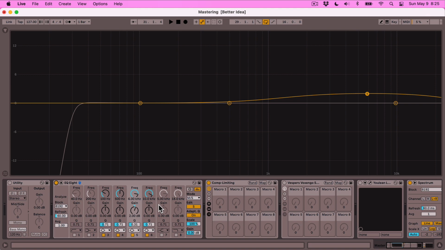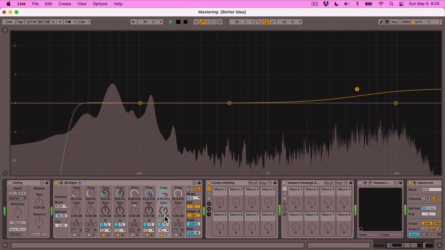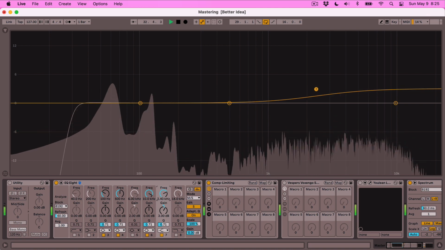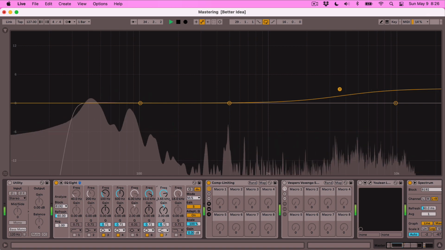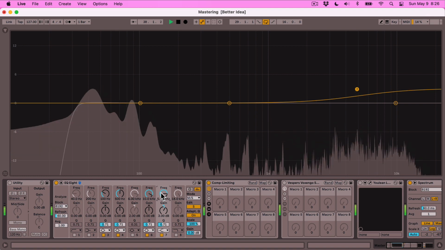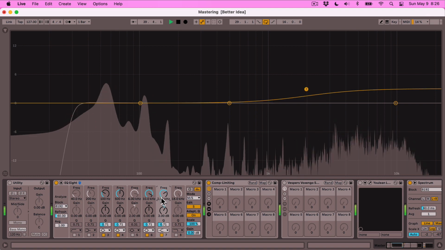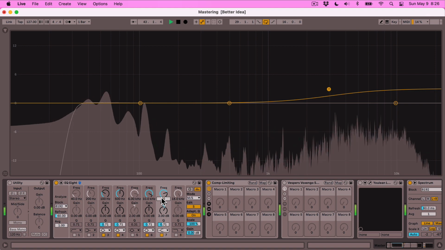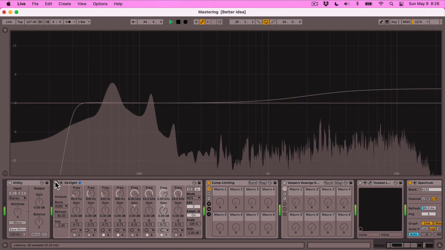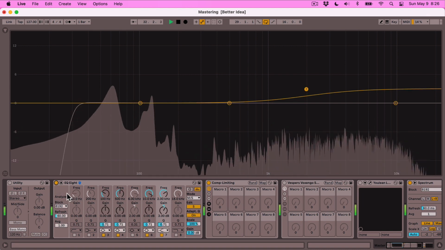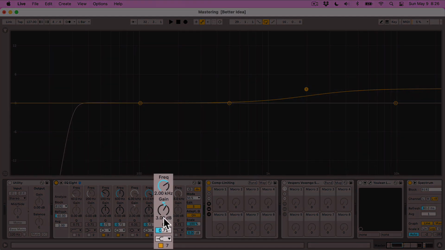Or let's try a 3 dB high shelf somewhere between 2 and 5K. So this high shelf is boosting 3 dB, which is a lot, but I want you to really hear the